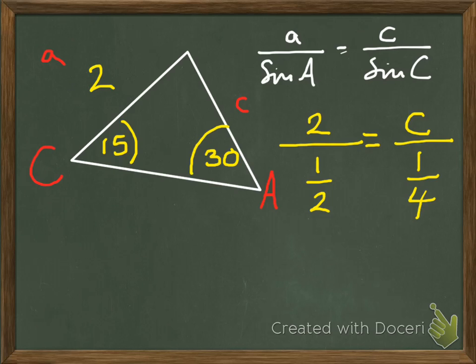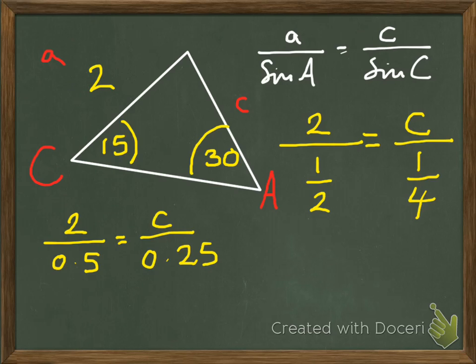Now you might know how to divide by fractions. You may wish to turn them into decimals. It doesn't really matter. This is almost certainly going to be in your calculator paper, so let's turn them into decimals and we'll go through the calculator way of working these out. So it will be 2 divided by 0.5 equals C divided by